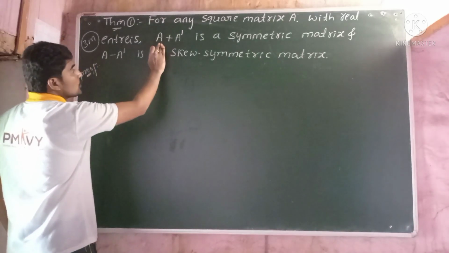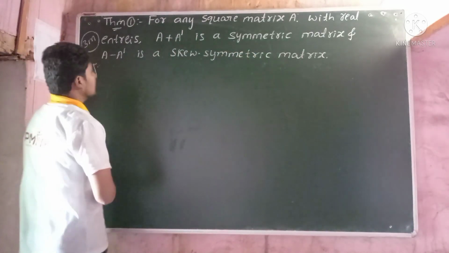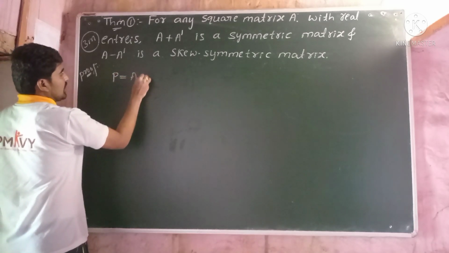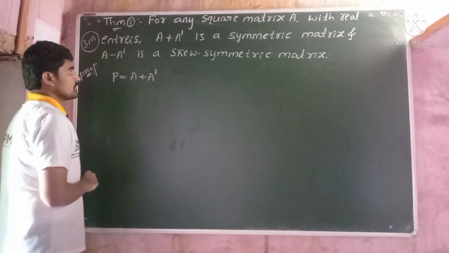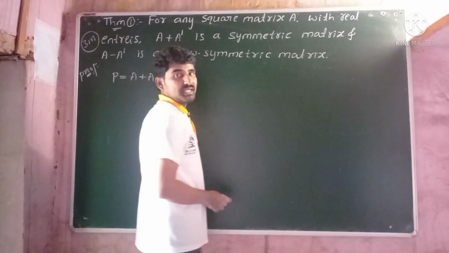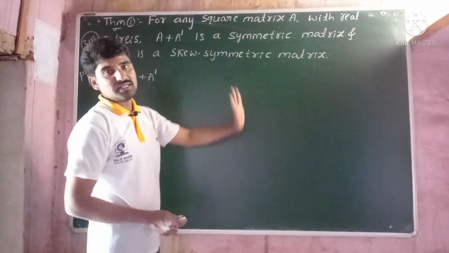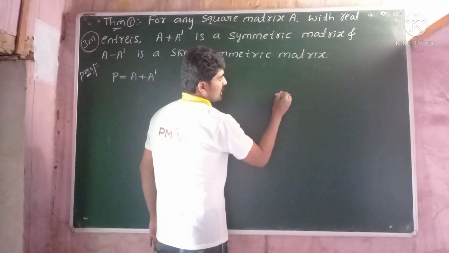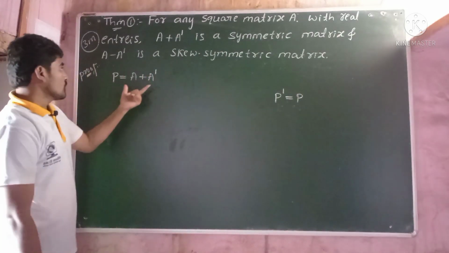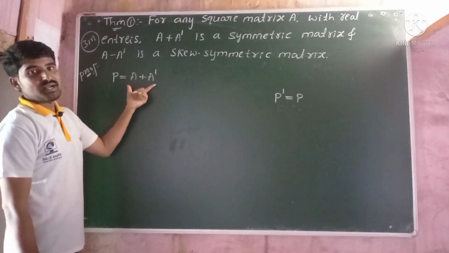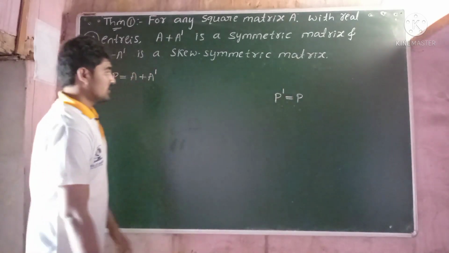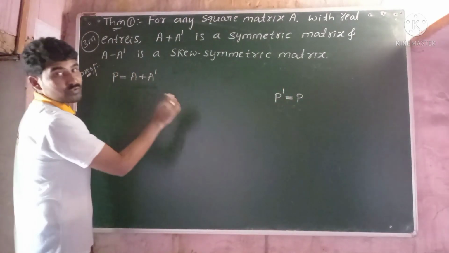First, to prove A plus A dash is a symmetric matrix, let us consider P is equals to A plus A dash. We know that a square matrix P is said to be a symmetric matrix if P dash is equals to P. Hence, to prove A plus A dash is a symmetric matrix, we need to prove P dash is equals to P. So for that, taking transpose on both sides,